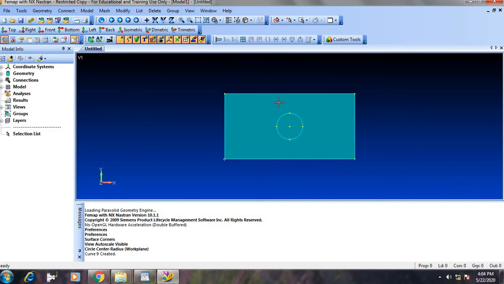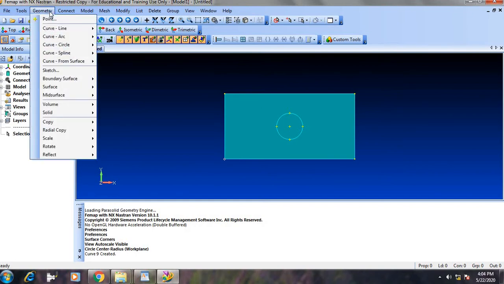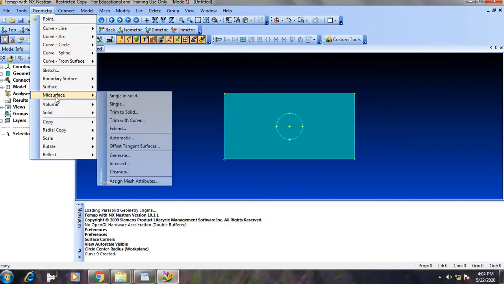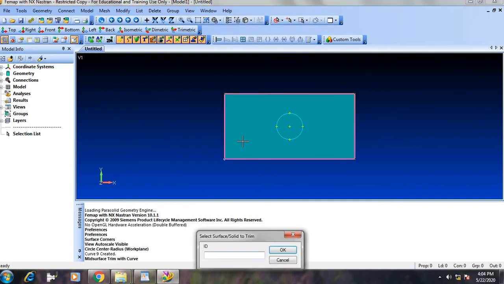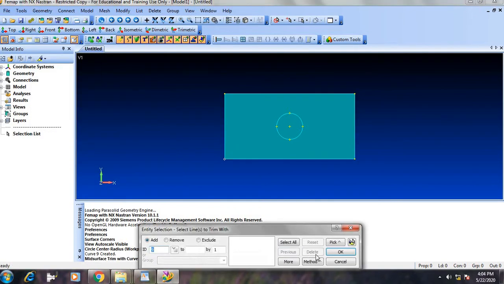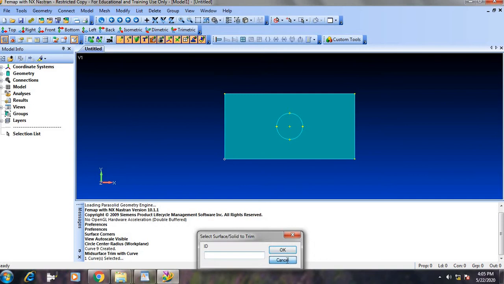So next we will be going to cut this thing. How we have to cut? Just follow these steps. Go for geometry, mid surface and trim with a curve option. Okay, select a plate, just give OK. Okay, after that select the hole and just give OK and cancel this. Okay, next you go for delete,